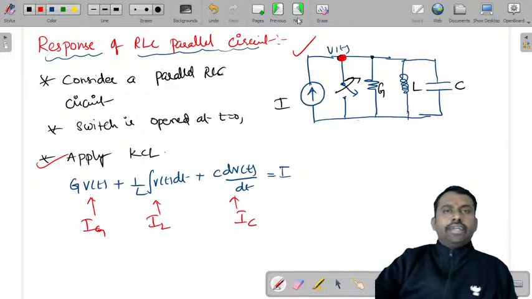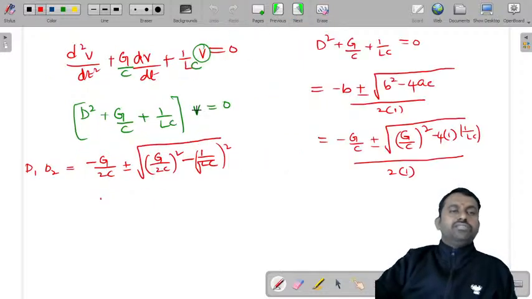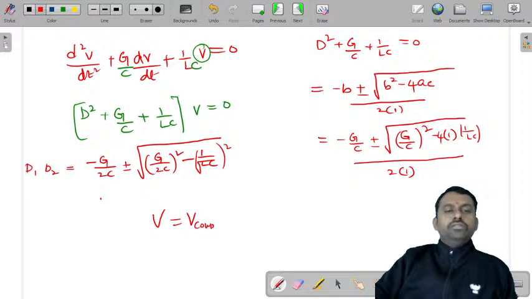This is current through conductance. So we'll get an integro-differential equation, convert that into a differential equation and divide by C to make the coefficient of the higher order derivative 1. Then for this you have two solutions. One is V is equal to V complementary plus V particular, because RHS is 0, you don't have the particular part, and based on the value of this under root value,